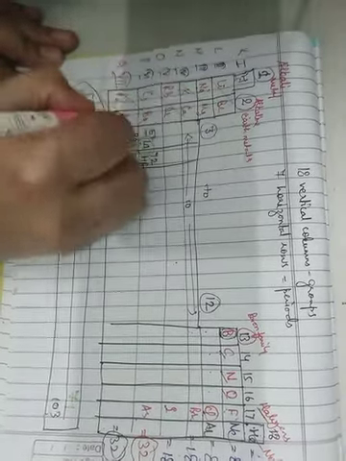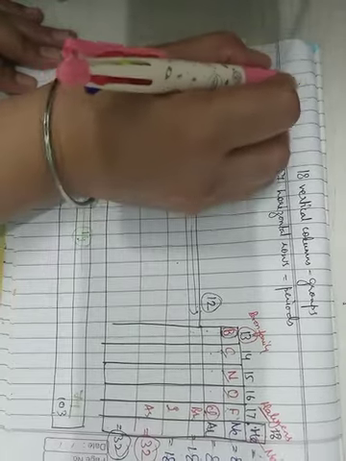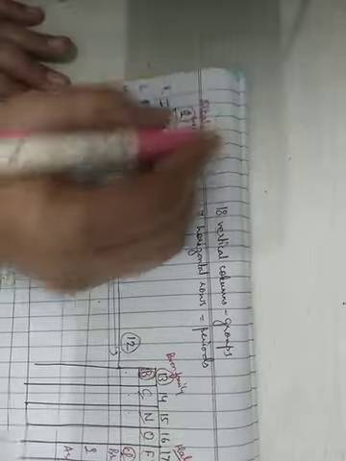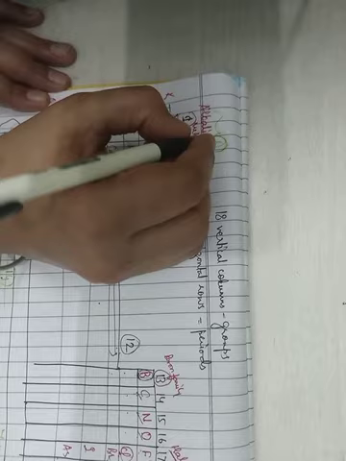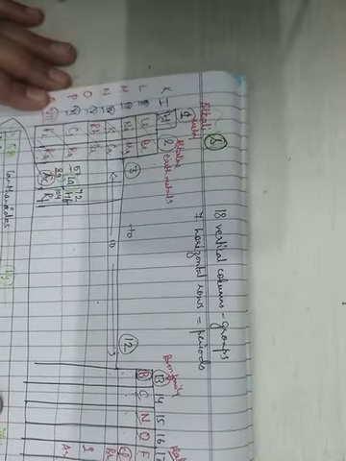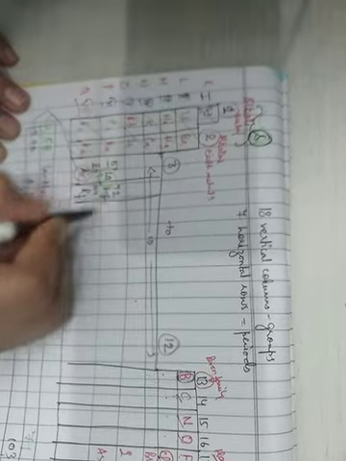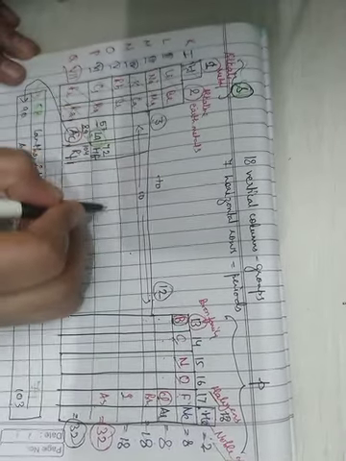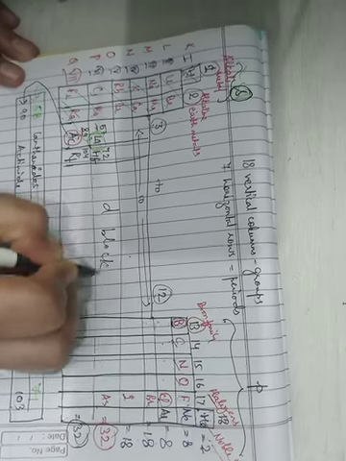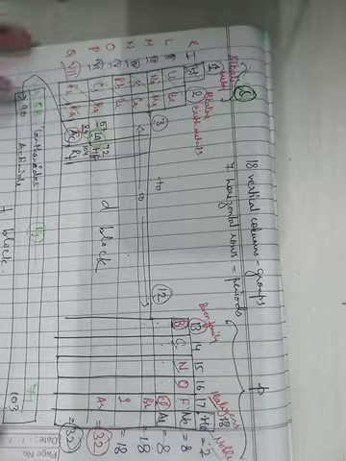Group number 1 and 2, these two groups, this is called S block elements. This is called S block. The groups from 13 to 18 is called P block. The groups from 3 to 12 is called D block, and these two are called F block elements. So henceforth there are 4 blocks.